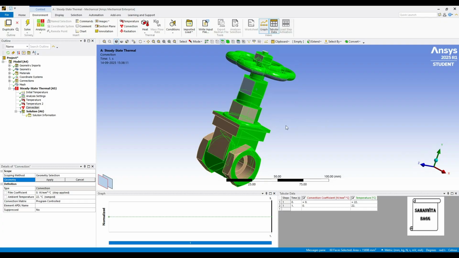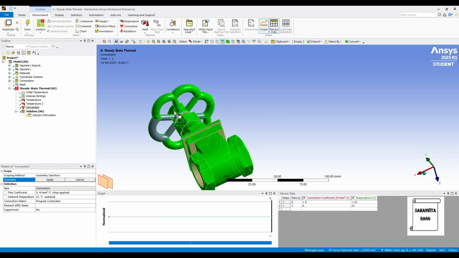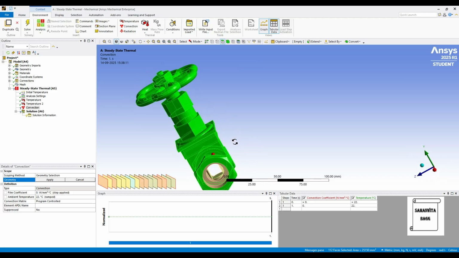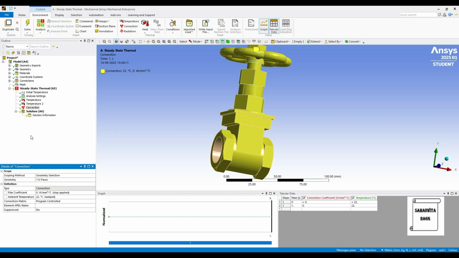You'll be able to select all the surfaces at once. Once this is done, we'll click on apply.